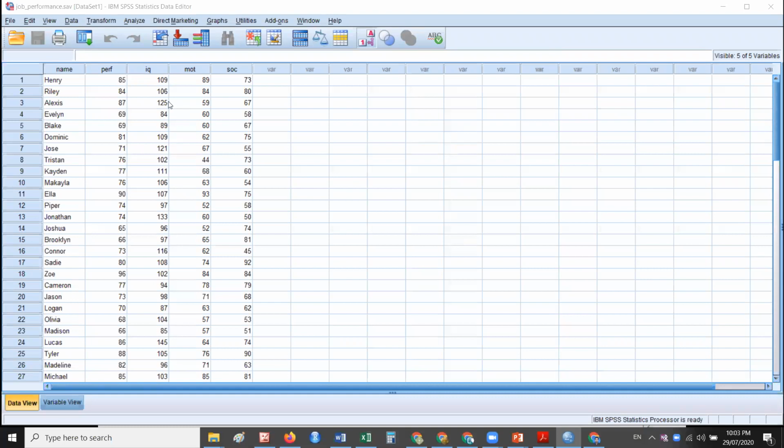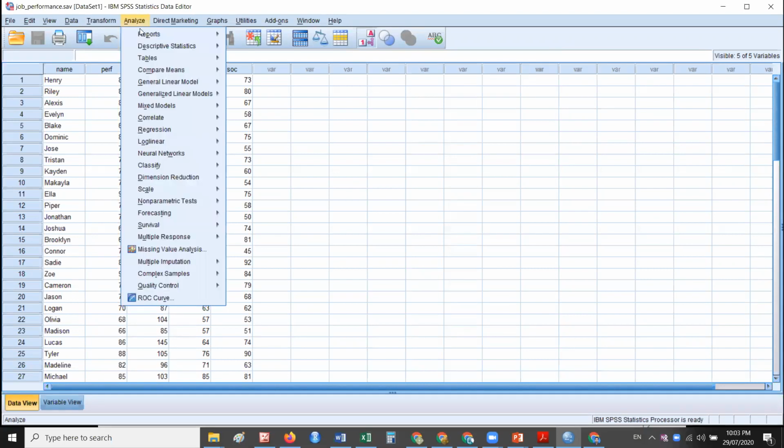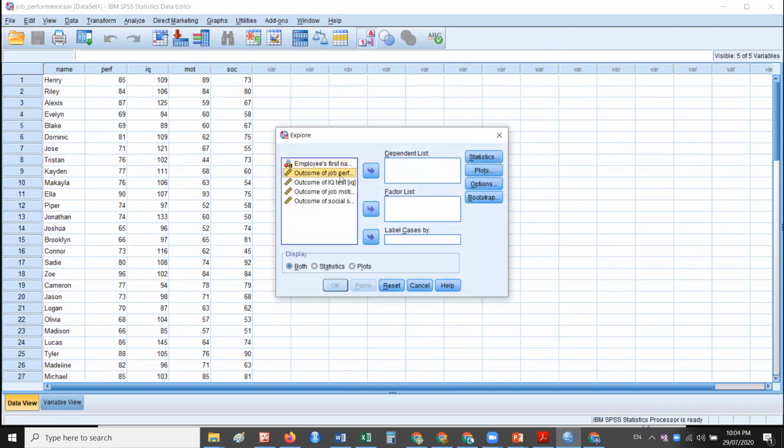In the data view, the first step is to find the descriptive measures, using Descriptives and Explore, because all the variables are quantitative and we want the descriptive measures of these scores.